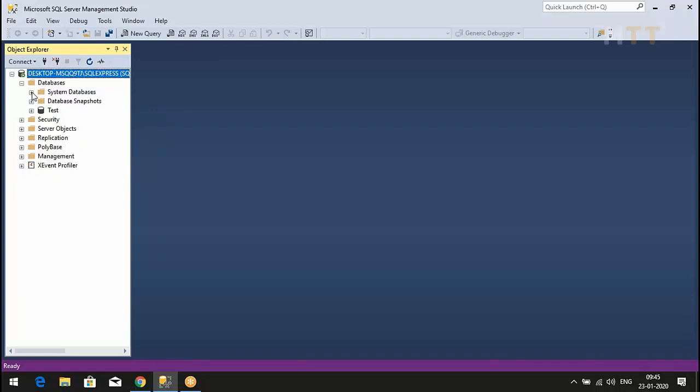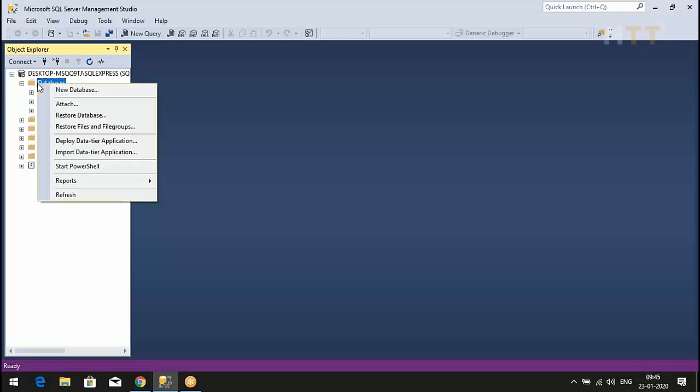Now I want to create a database. Very simple, select the databases folder. Right click. If it is not comfortable for you here, you can sit there also, because it is very near. Yeah, you can sit there.